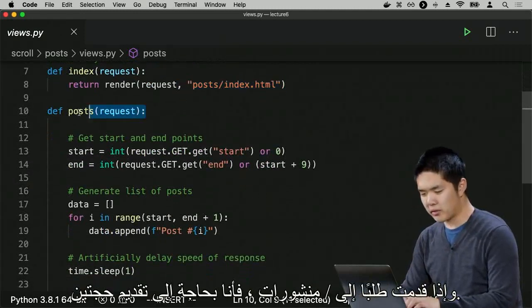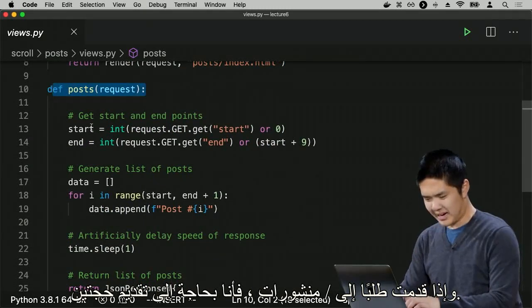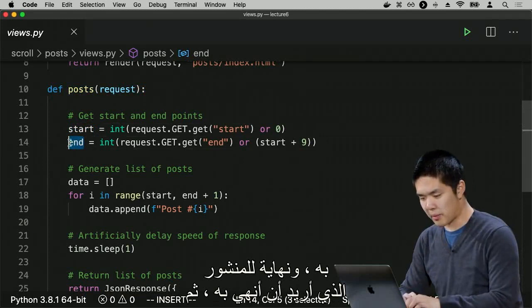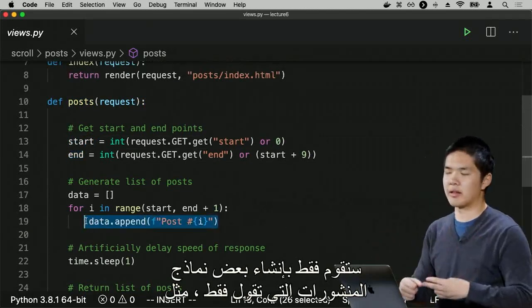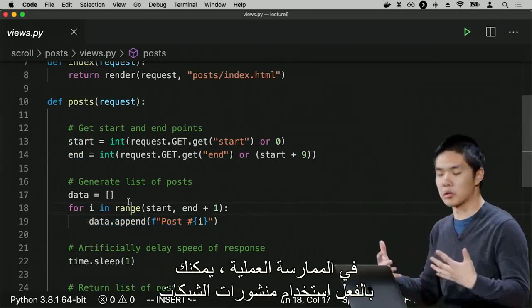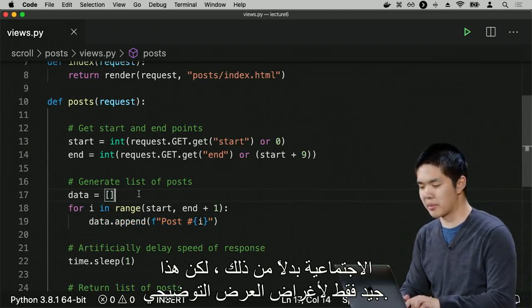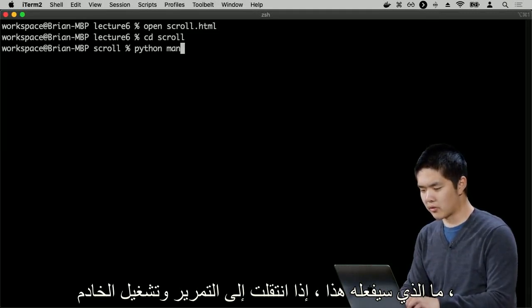And if I make a request to /posts, I need to provide two arguments. I need to provide a start for what post I want to start with, an end for what post I want to end with, and then it's just going to generate some sample posts that just say like post number 1, post number 2, so on and so forth. In practice, you could actually use social network posts in place of this, but this is good just for demonstration purposes. So what this is going to do, if I go into Scroll and run server,